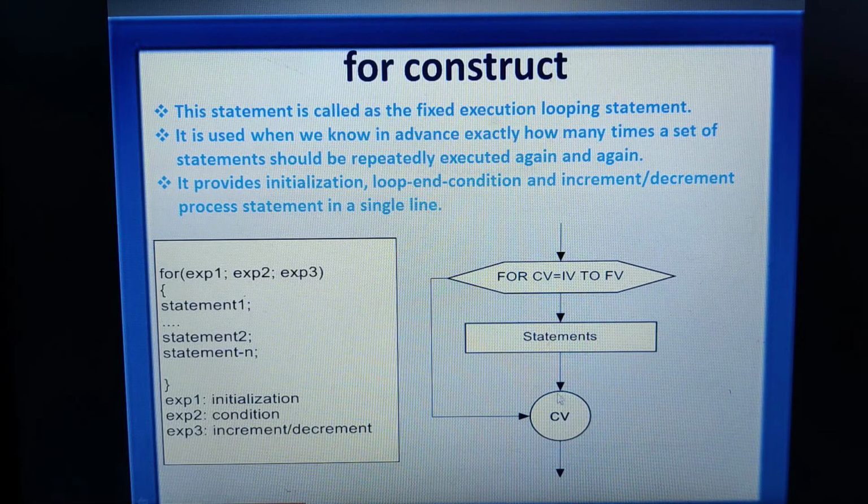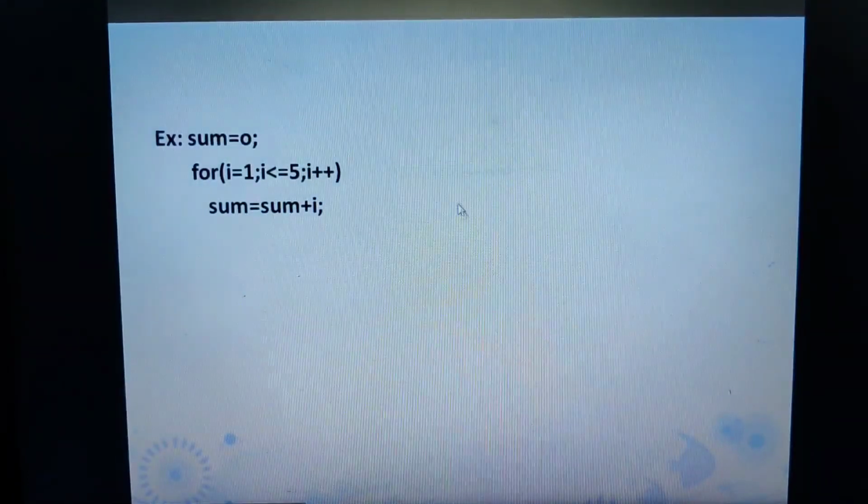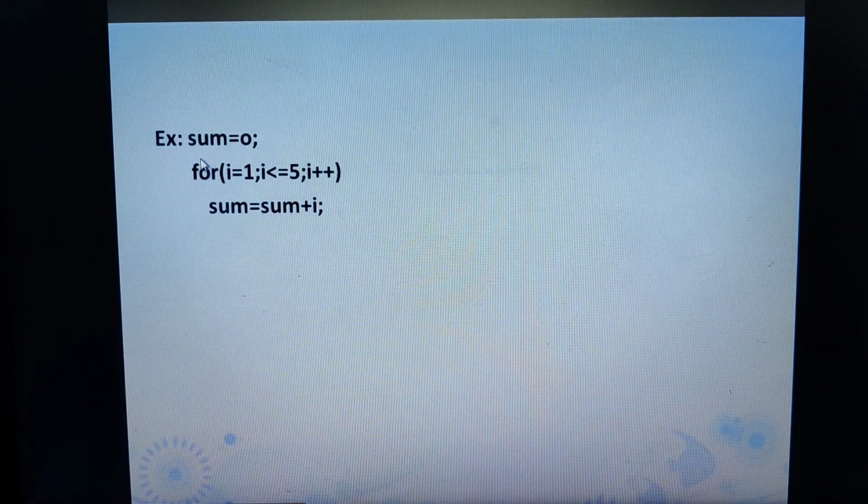So again we are checking the counter variable. Let me explain this with a for loop example. Look at this one. Sum is initialized with the value 0, for I is equal to 1. This is the initialization, that is expression 1.